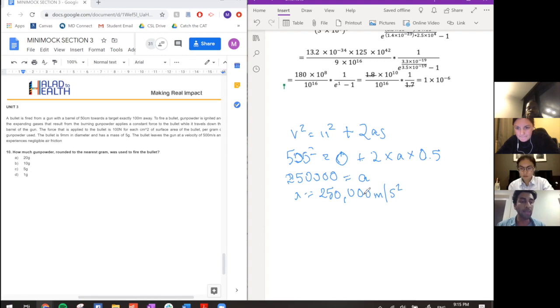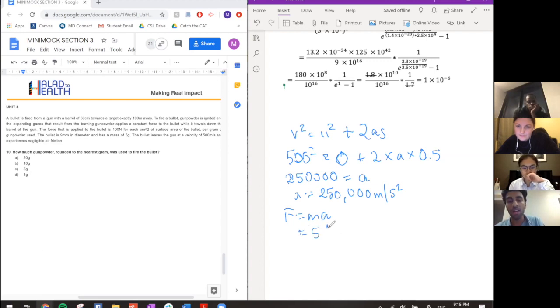Well, the next step is to figure out the force that was applied to the bullet in order for it to shoot out of the gun at a velocity of 500 meters per second. So I think about what formula I can use. I can use the simple equation of F equals ma, because I already know what the acceleration is. I've just worked that out. And I've noticed that I have the mass already available to me. So it's a simple case of 5,